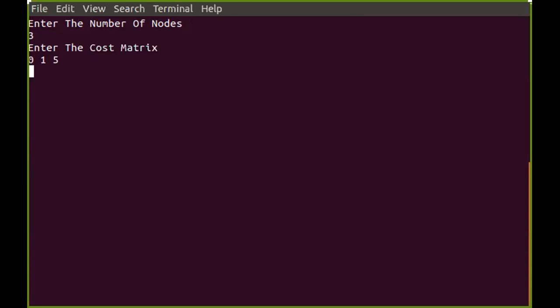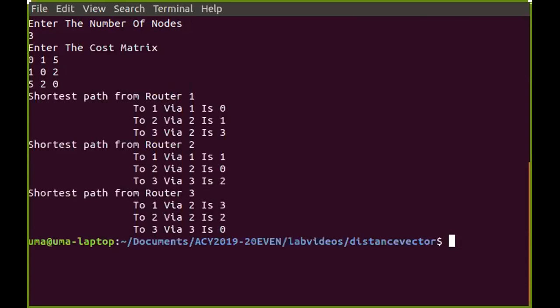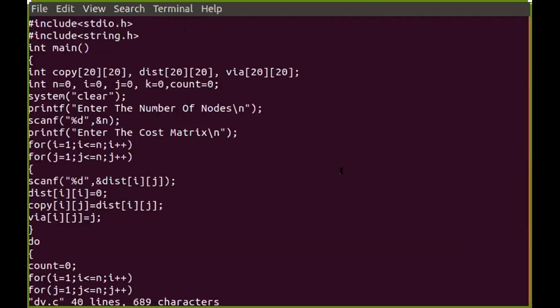Next, y to x was 1, y to y was 0, y to z was 2, and z to x is 5. Next, z to y is 2, and z to z is 0. So you can see that it's computing the shortest path, based on this particular algorithm.